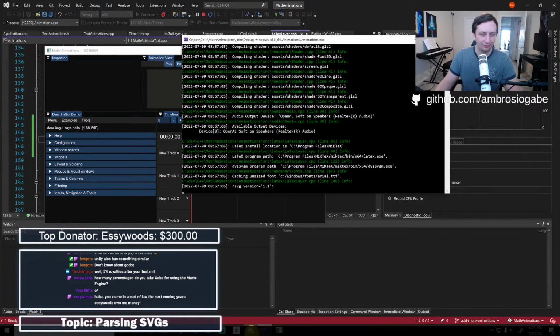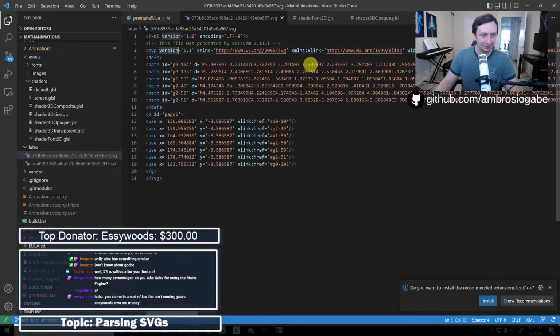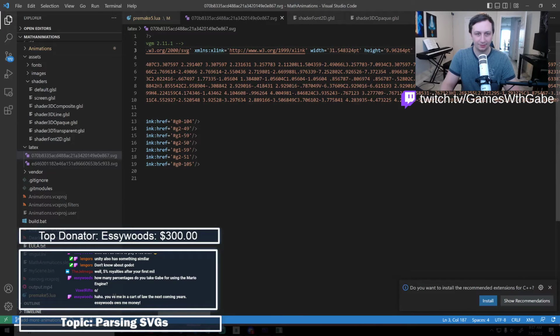So we get SVG version equals 1.1. Sweet. That is what we have here. Cool. So I like how easy this is. I wonder if this XMLNS, I wonder if these colons affect that, because I feel like it's kind of like a sub element and stuff. But basically what we want to do is we want to get the width, the height, and we also do want to get this view box. I think these are all in points. It doesn't really matter because we're going to normalize the values anyways. Is this in points?